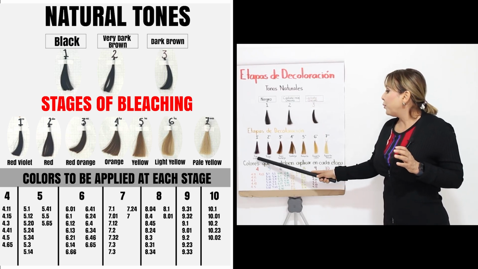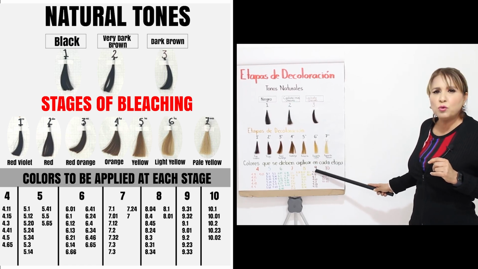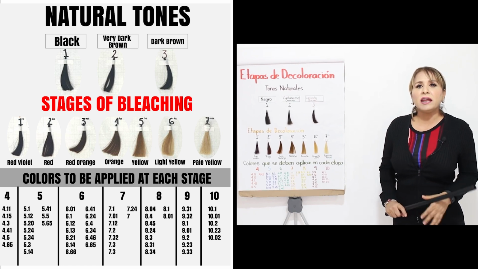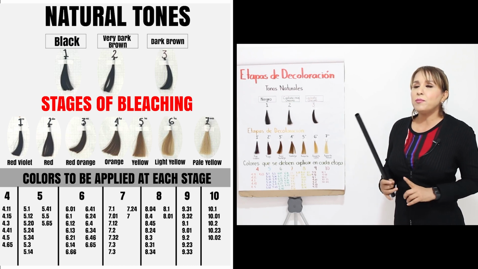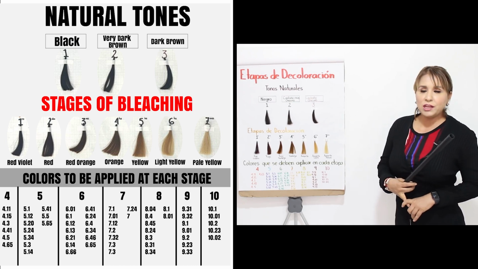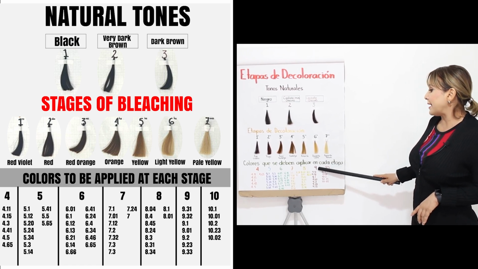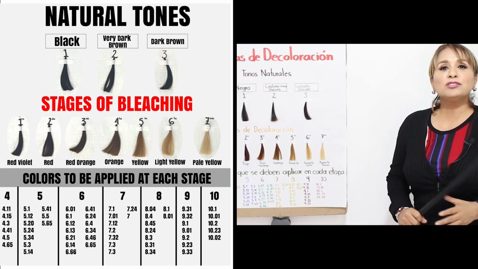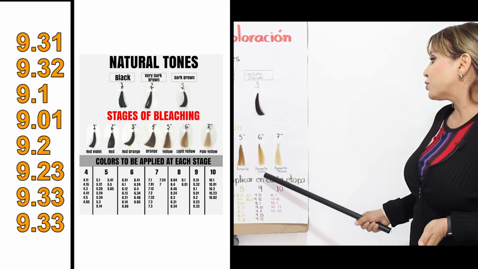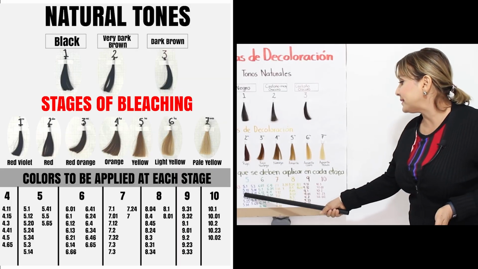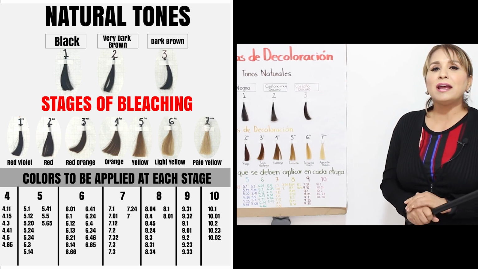Normally when we do bleaching, we can reach the 6th stage. This stage is very good to get the colors that we need for clean blondes, for those beautiful highlights. You can get to this one where the light yellow is and apply all the shades with the number 9. In the nails, if you want to darken, you can darken however you like,